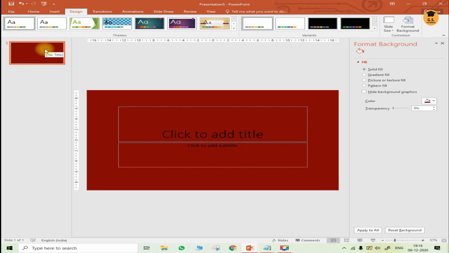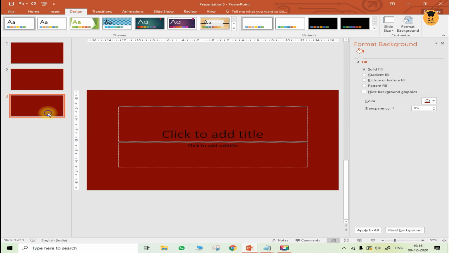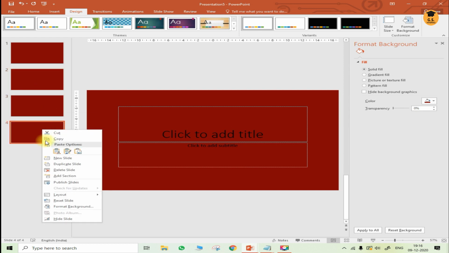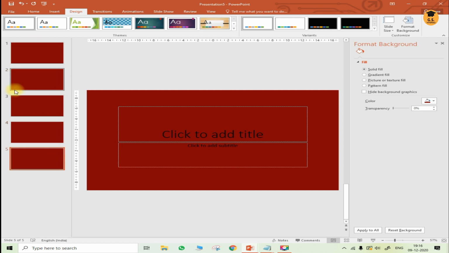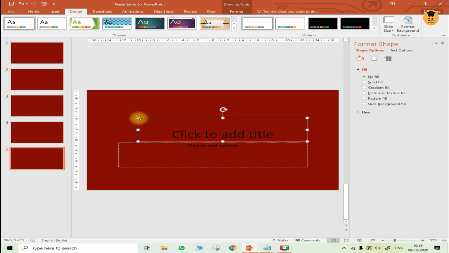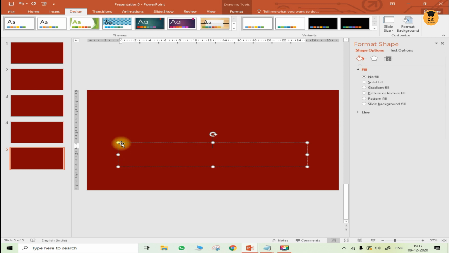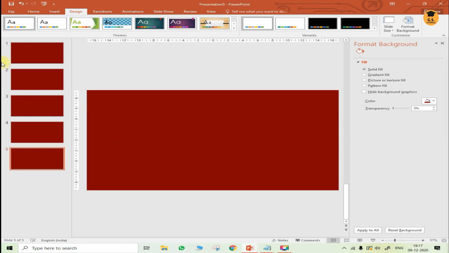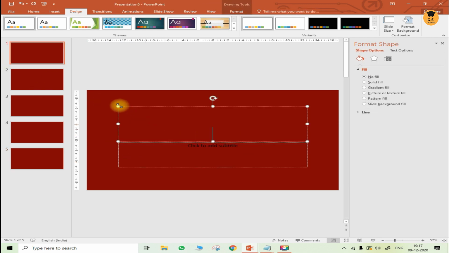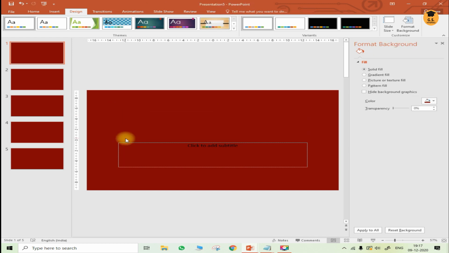Now the next point is, either you make use of the copy paste option and just copy the slides, or either you make use of duplicate slides. I'm going to click on duplicate slides and I'm going to create 5 slides. Okay? Now my slides are created, simple slides are created. Now the first thing I want to do is, I'll just go on slide number 1. In slide number 1 I'm just going to delete this layout.